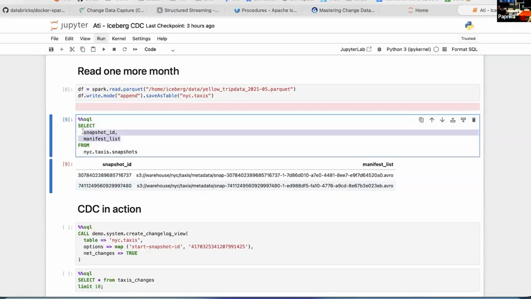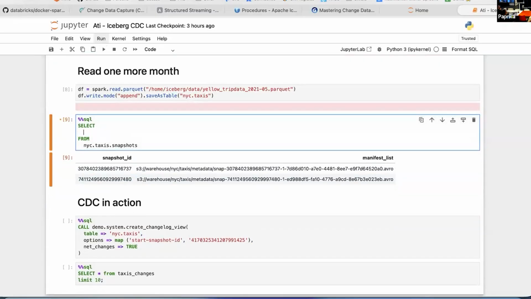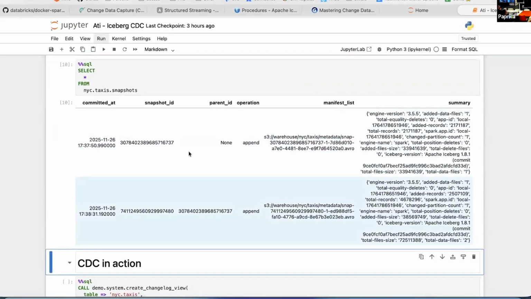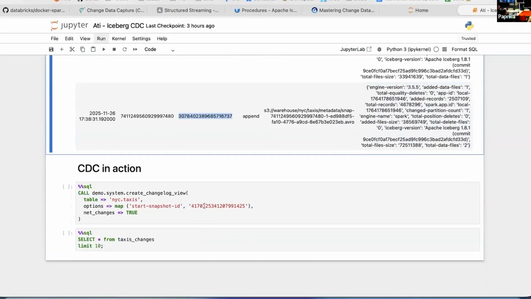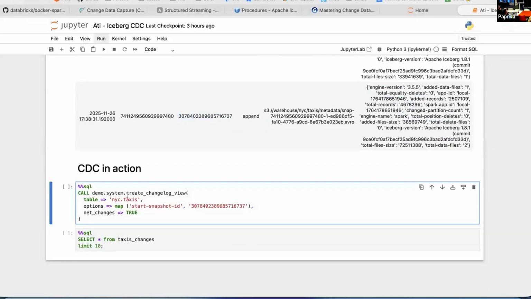As you can see, there have been two append operations, and let's say this is the job bookmark. This is where the job bookmark is pointing.